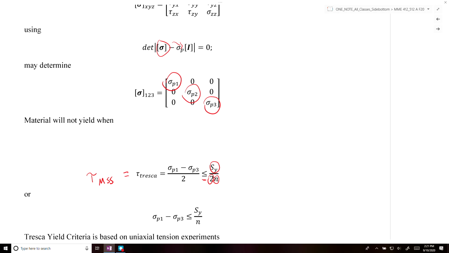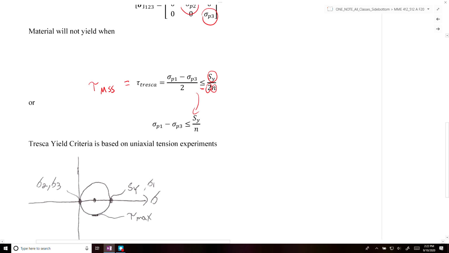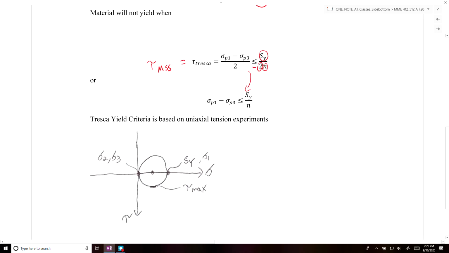Okay, you can simplify this down a little bit. If you multiply both sides of this equation by 2, you end up getting the difference of the first and last principal stresses has to be less than or equal to the yield strength divided by the factor of safety. Okay, so where the Tresca yield criteria comes from is it's based off of a